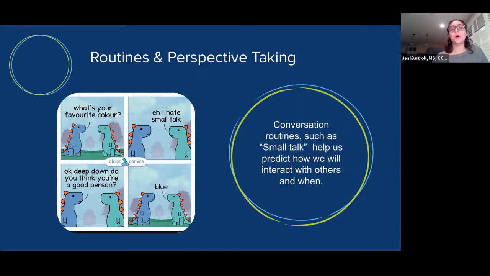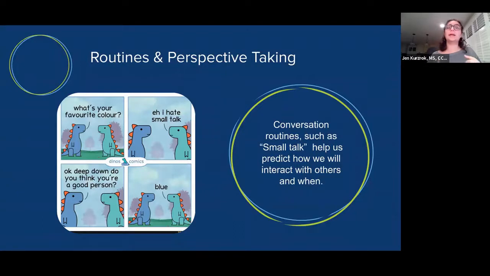And it can also trigger for us when something doesn't follow that routine. So not only does it help us know, okay, what am I going to be asked next? What can I anticipate? This is transitioning into a conversation or out. It can signal that we're moving on from this topic or we have more to say about it. But also, if someone does not follow a conversational routine that they typically follow with you, that can be a trigger to say, oh, that was unexpected.